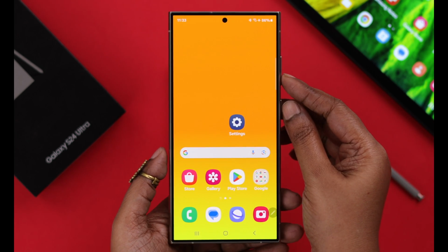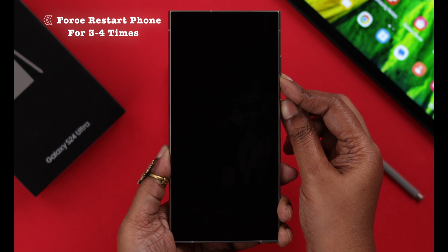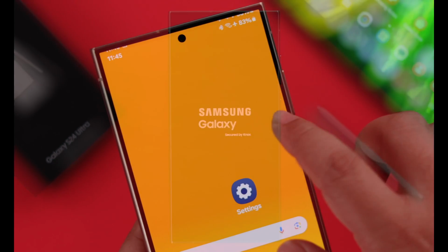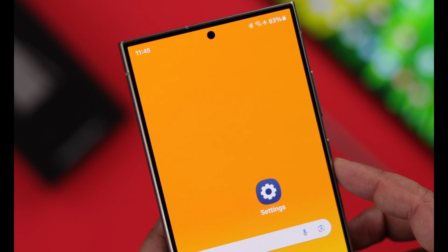Please remember, although the force restart solves this problem a lot of times, you might need to force restart your device 3 to 4 times in a row. Even after that, if your phone is still not responding to your touch or is frozen, now you need to get your phone